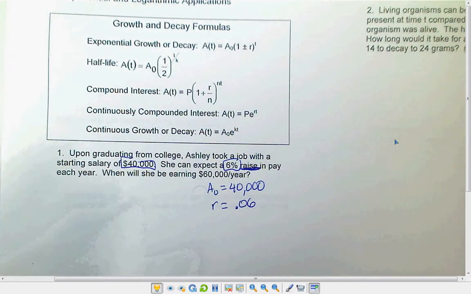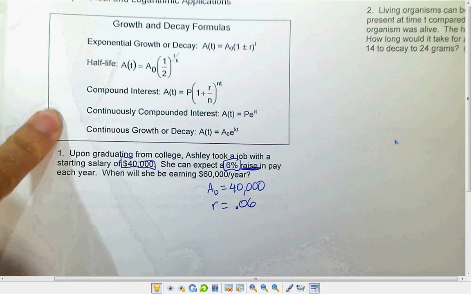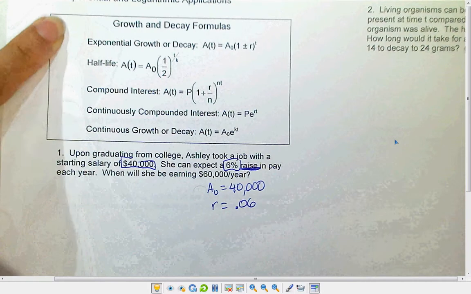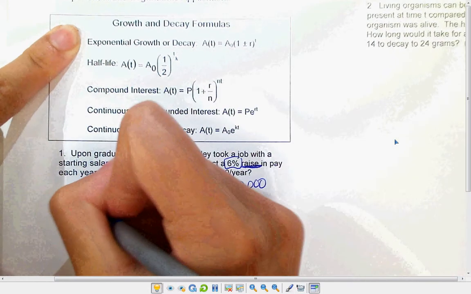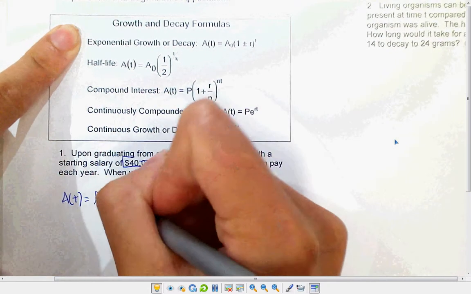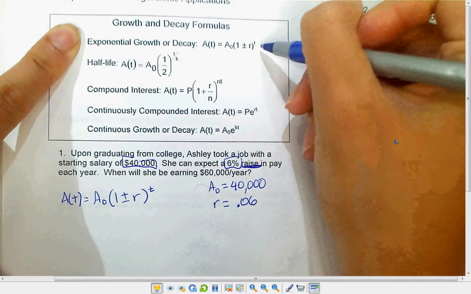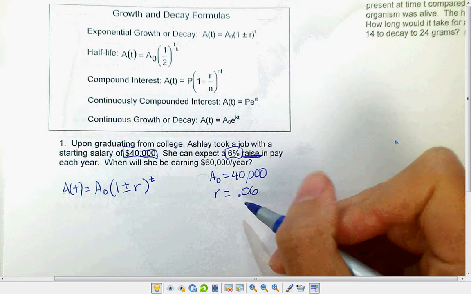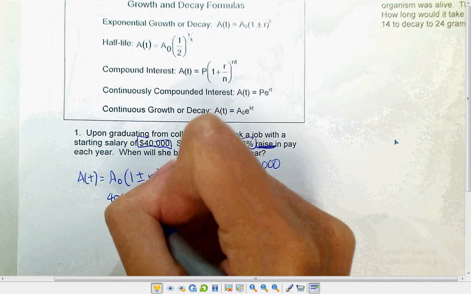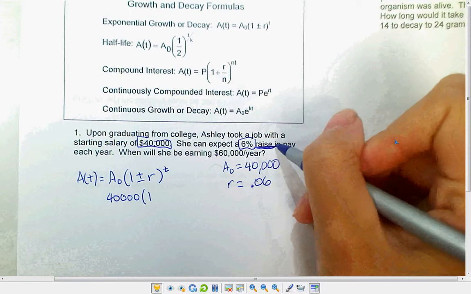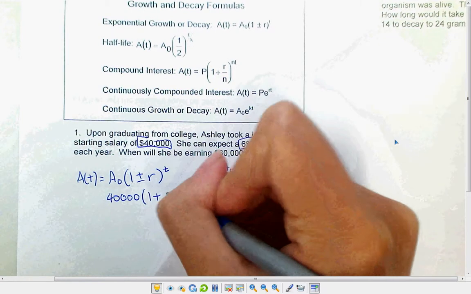So let's first put this into, which equation should this be? It's not half-life, there's no compounding interest, and it's not continuous, so it should be our original equation. So we have A of t equals A0 times (1 plus or minus r) to the t power. So this is our first equation. We already know that our initial amount is 40,000 and our rate is 0.06. Because it's a raise, this is going to be plus 0.06